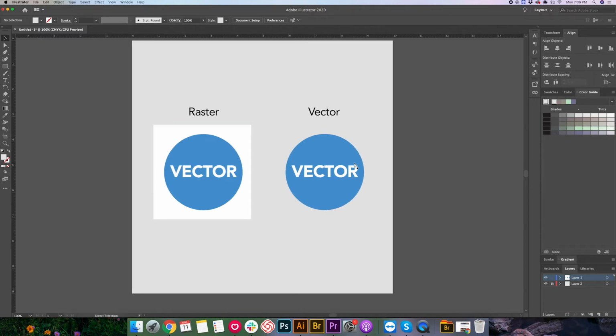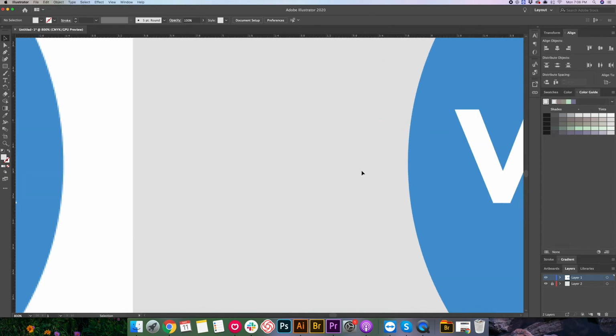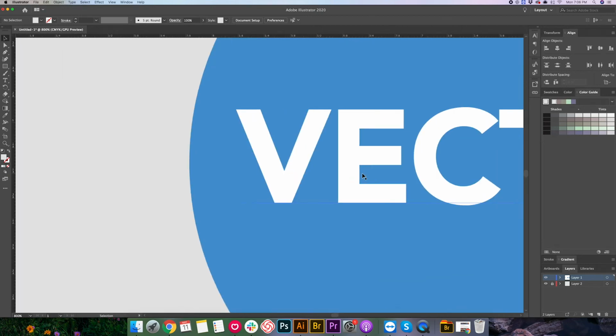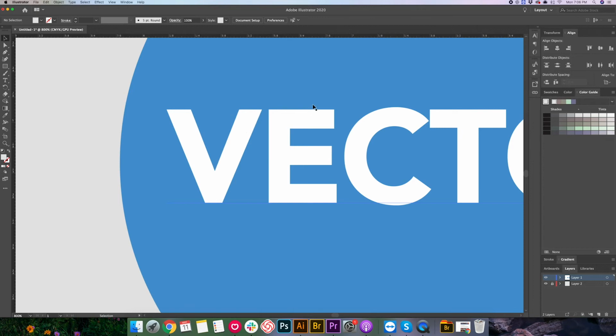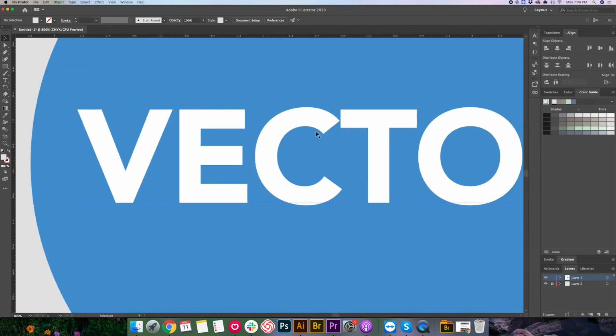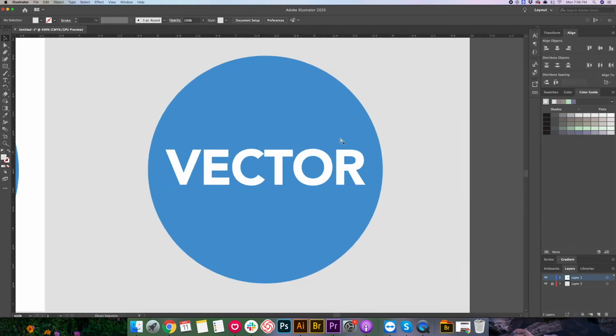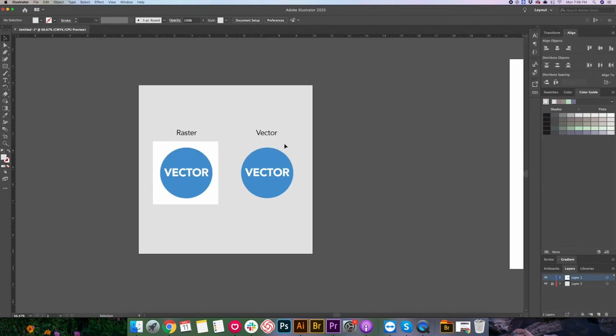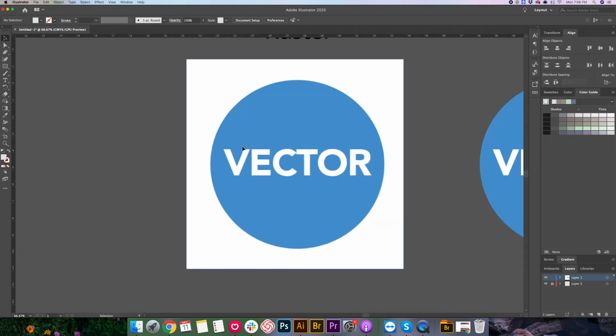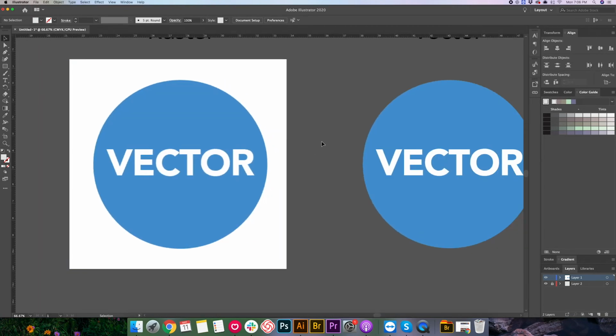Now, vector graphics are not made with pixels. They are actually made with mathematical equations that form the curves and lines and shapes that go into a graphic. So the really nice thing about vector graphics and why we use them in the design world is that they are infinitely scalable. So if we were to go over here to these blown up versions of those graphics, you can see that